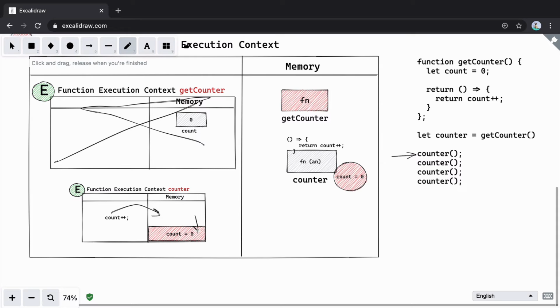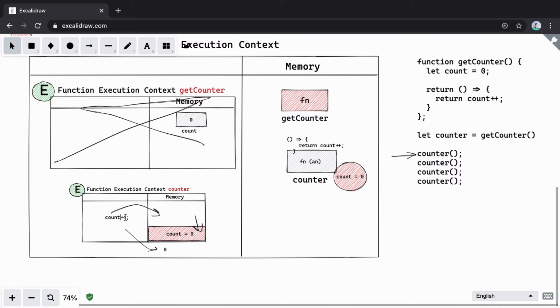So what is the next thing we'll do? Because this function has a special place called closure, we will not bubble out to the parent. First we will go into the closure. Here we find the value of count to be 0. So what are we doing here? Count plus plus returns the value. What is the value it will return? It will return 0.